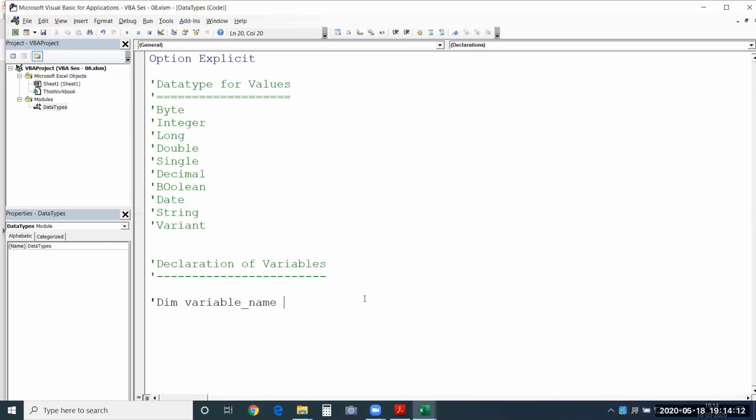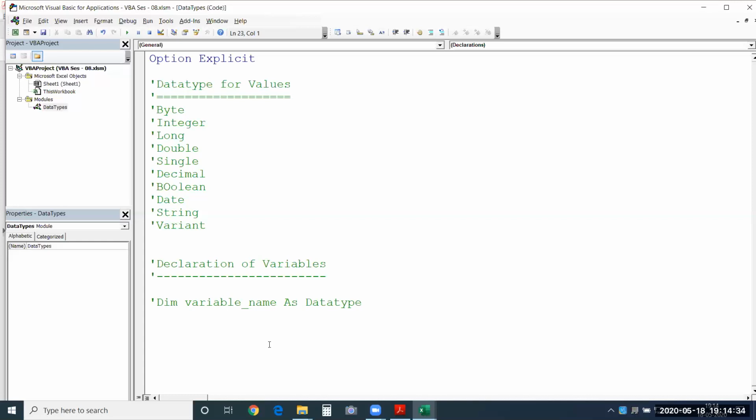After you provide the variable name, you are going to use as, and you will give the data type based on whatever value is being stored in this variable. So this is your declaration of variable.